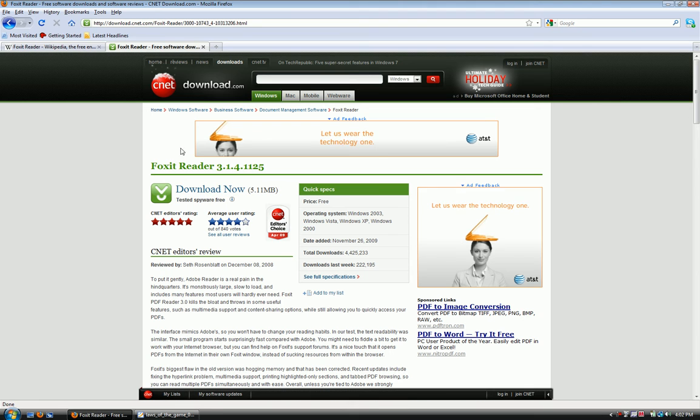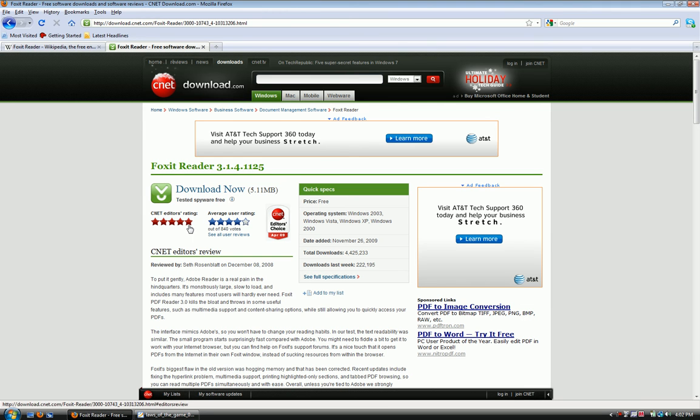And you can see straight away that the most impressive thing so far is that the CNET editor's rating is 5 out of 5 stars, and it also has a CNET editor's choice, even though it was only added a few days ago. Being a frequent user of this site, that's pretty impressive, considering that it's only been on the